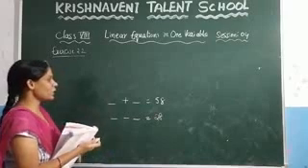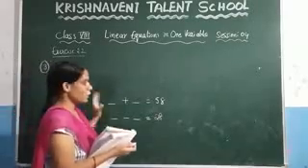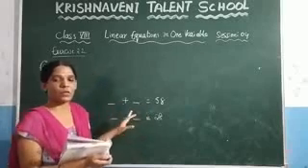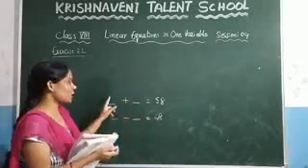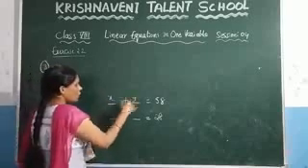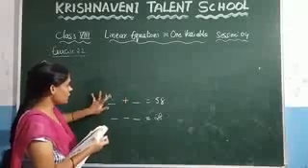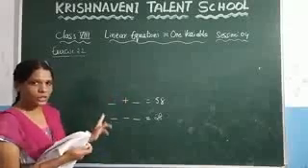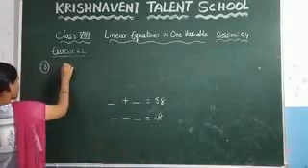Here, let us consider the same thing. Since we are in this chapter, we are talking about the linear equations in one variable. That's why we are taking here only one variable. Otherwise, we can take here two variables. But we are dealing with the topic about the linear equations in one variable. So you need to take here only one variable. Let us consider the first number as x.